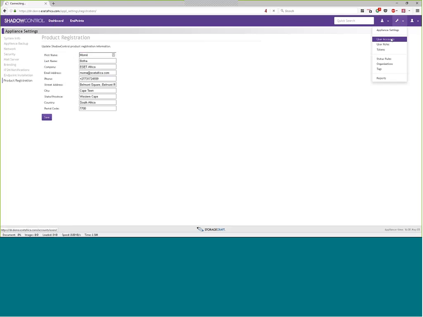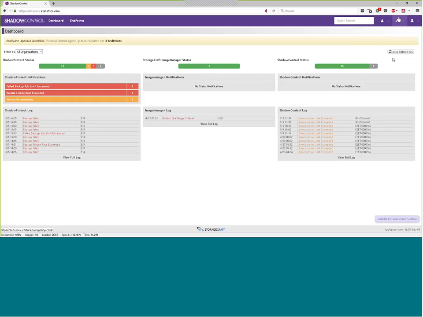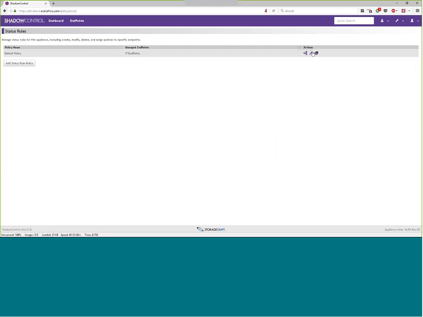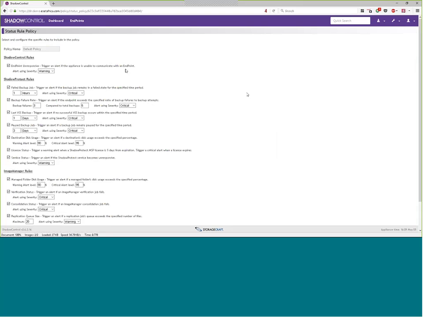Next, there's obviously many user accounts that you can configure. You can also set up many user roles, so different levels of permissions. You can also set up status rules. This is another item that has changed. It was previously called, I believe, Shadow Protect policies, and these are basically the status alerts that you want to set up. So if I quickly edit the default policy,